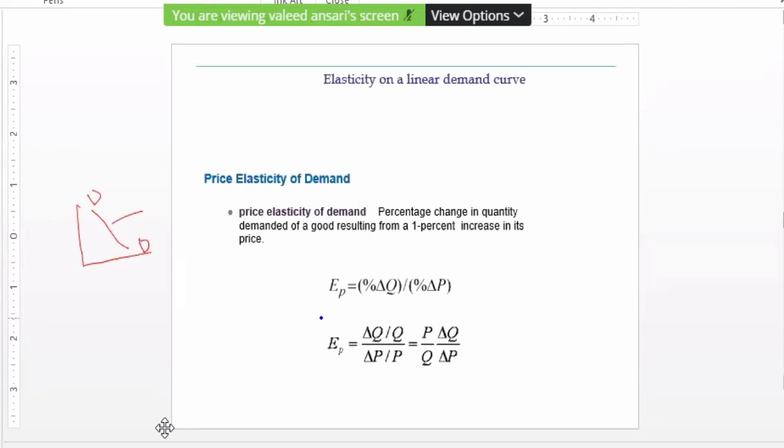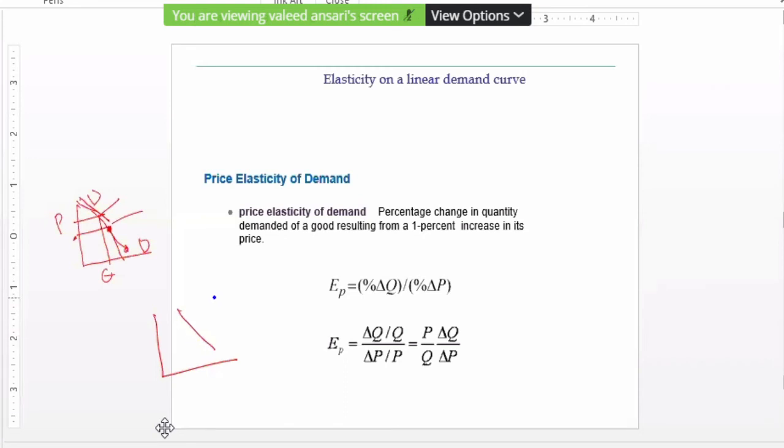So when a change is constant, will the price elasticity of demand vary? For example, if you are here at this price and quantity, and then as we move along this demand curve, will elasticity differ or not? This point I will take up in my next class.